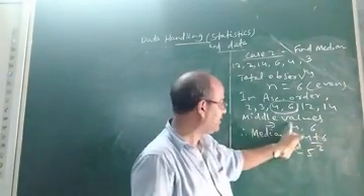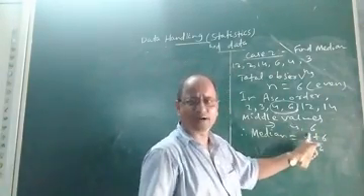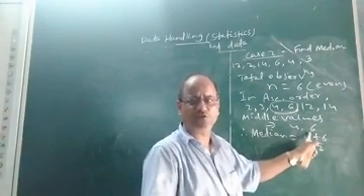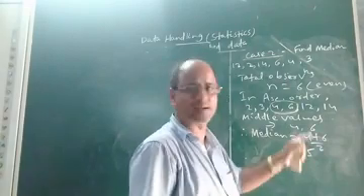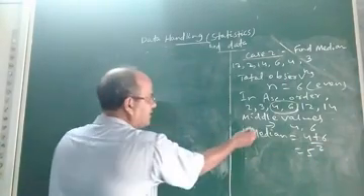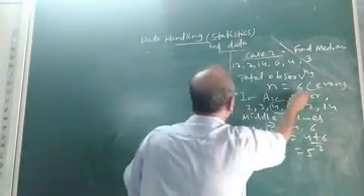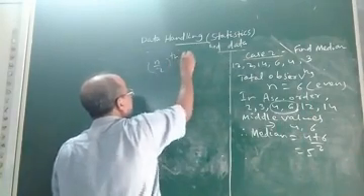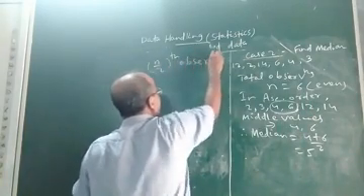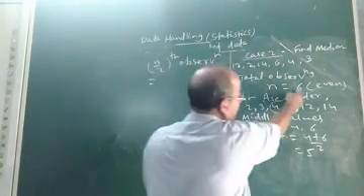Children, one more thing: if you want to find the two middle values, in case the total number of observations is even, there is also a formula to find the two middle values. What is the formula? If n is even, you find the n by 2th observation. You find the value of the n by 2th observation.